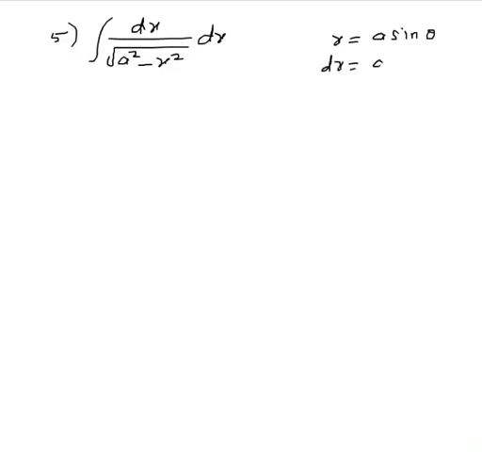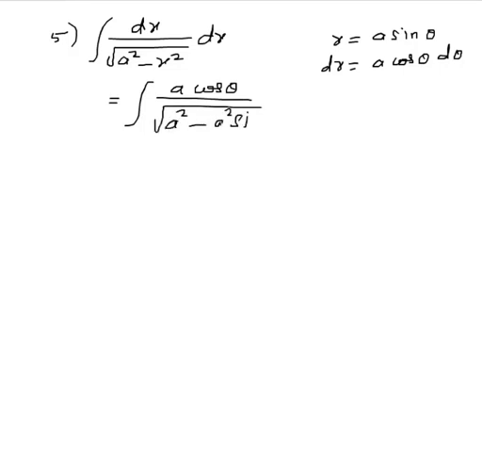Now fifth formula, integral of dx by root of a square minus x square dx. We have 1 minus sine square identity or 1 minus cos square identity. So we can substitute x as a sine theta or cos theta. I am substituting a sine theta. Let us differentiate. Dx is a cos theta d theta. A cos theta divided by root of a square minus a square sine square theta. This is equal to,